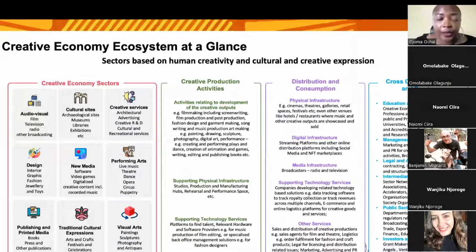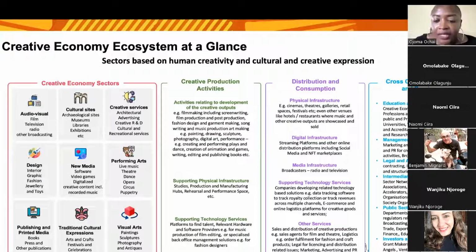In the course of this program, we will also have modules on research to help you develop the skills to do that research. We will have modules on governance, so you know how to structure your company in line with what your government and the public sector requires. And you will have various other sessions that will help you further build your knowledge of all of these ecosystem activities that I'm talking about.